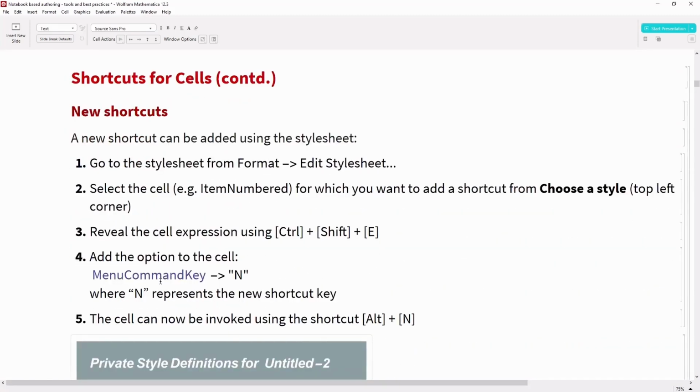Not only using inbuilt shortcuts, you can create your own shortcuts. In order to do that, you should edit your style sheet and add a menu command key. You need to go to edit style sheet.